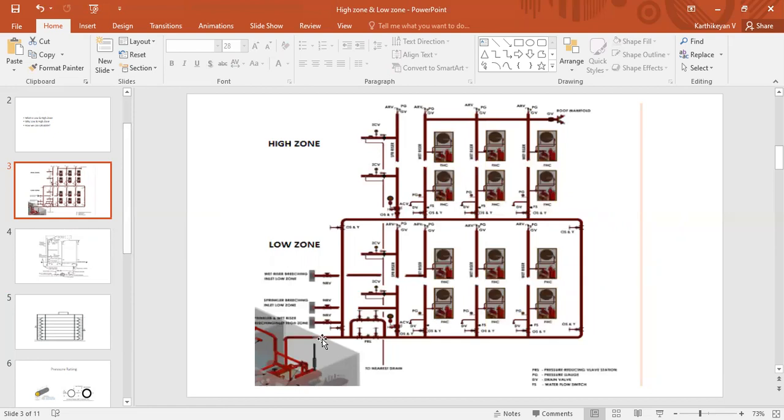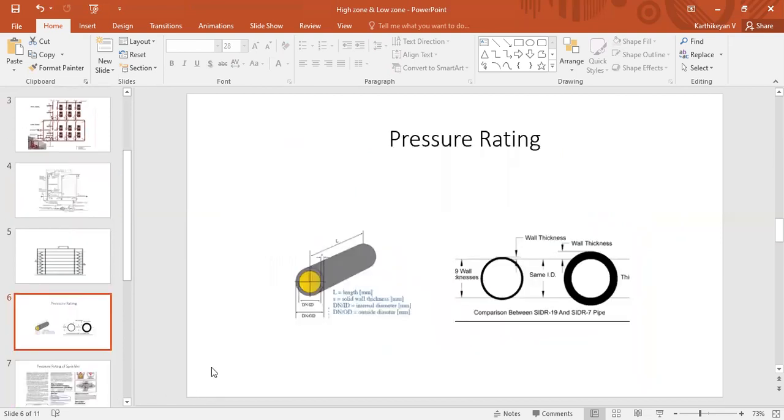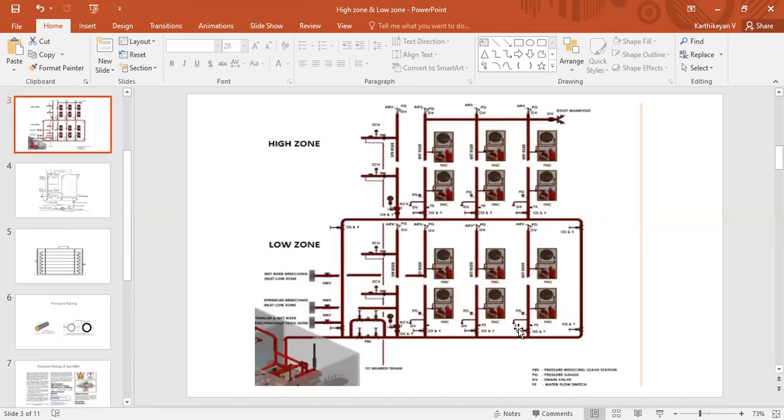So you have to go with better, 20 bar pressure rated equipment. I forgot one thing here actually: if your wall thickness increases, if your pressure rating capacity increases, the cost also consequently increases, because more material is needed. The same concept applies here also. If you are using high pressure rated equipment, the cost will increase, so it will not be a cost effective design.